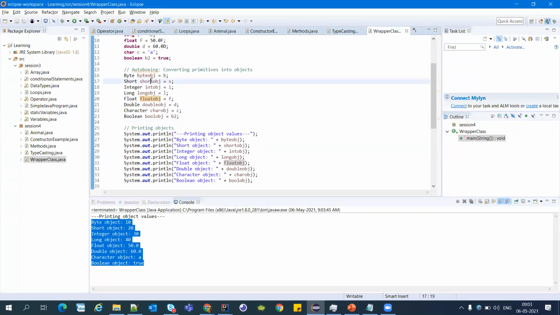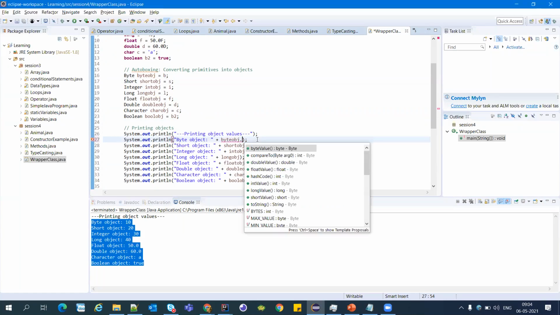So what is the benefit of converting to an object? If this is a Byte object, we have multiple methods for these objects which we can use. It can convert to double value, float value, hash code, int value, long value. So it has these methods which we can use whenever we want.